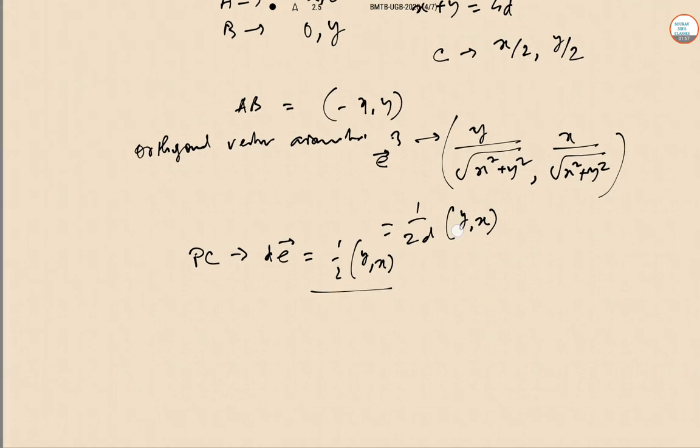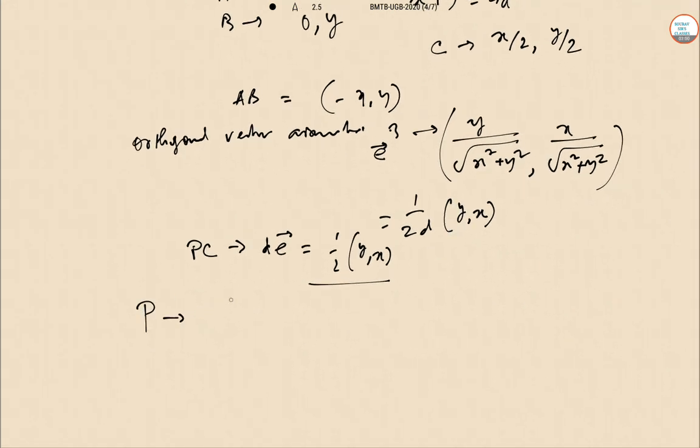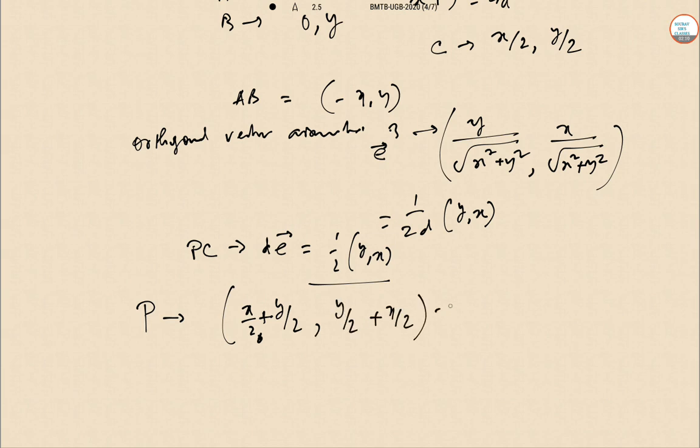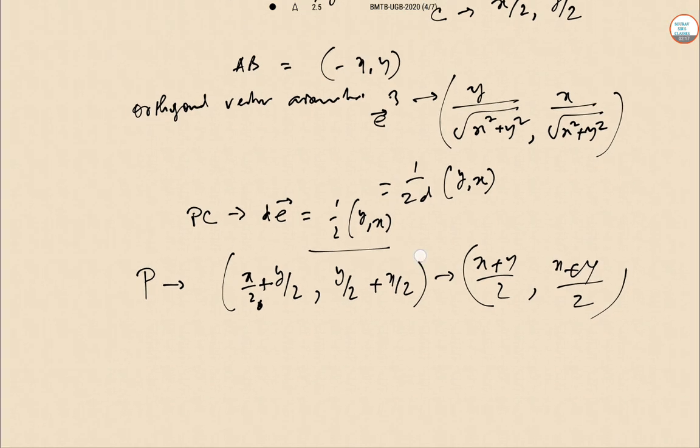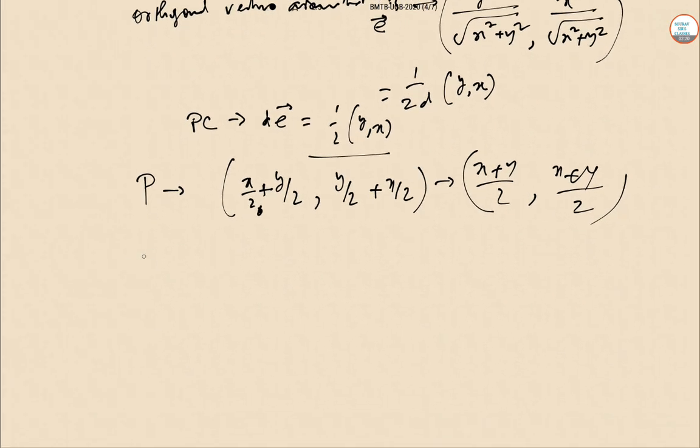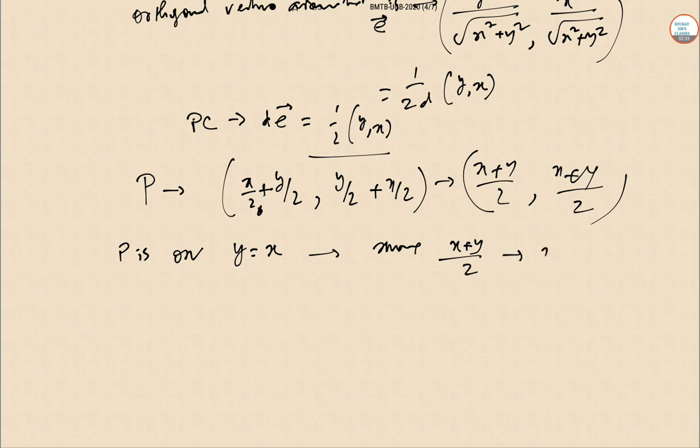So the coordinates of P in this case will be x by 2 plus y by 2, comma y by 2 plus x by 2. Obviously this is the same: x plus y by 2 and x plus y by 2. Now it has been done. The point P is situated on the line y equal to x. So the max value of x plus y by 2 will be with respect to